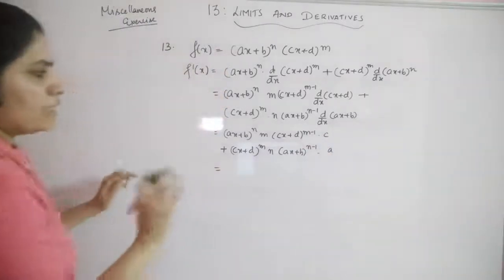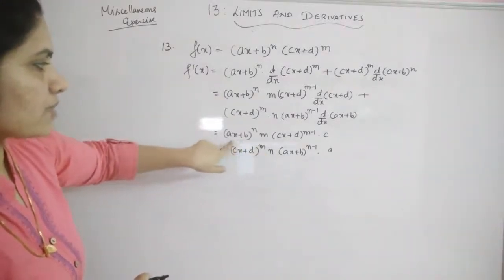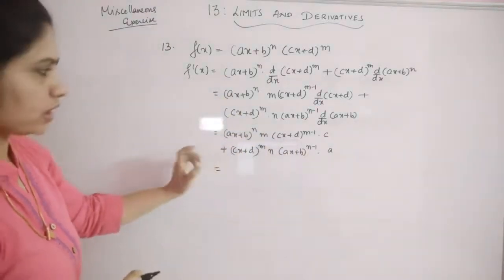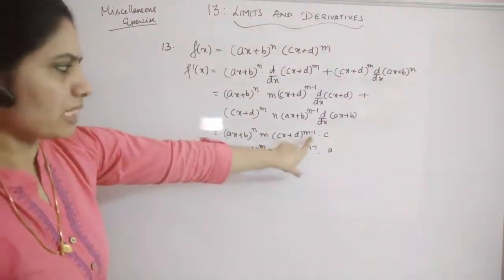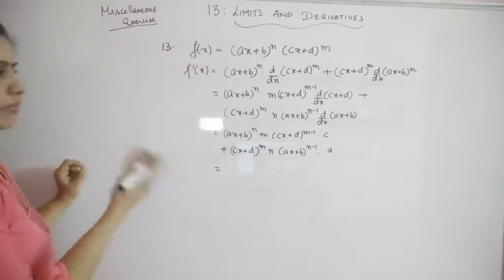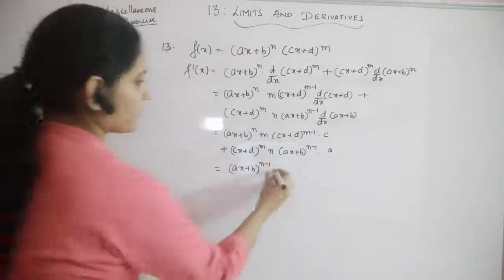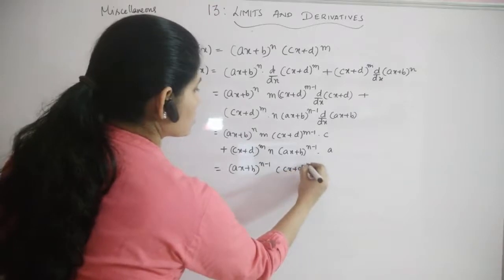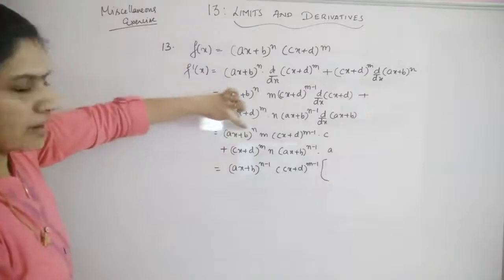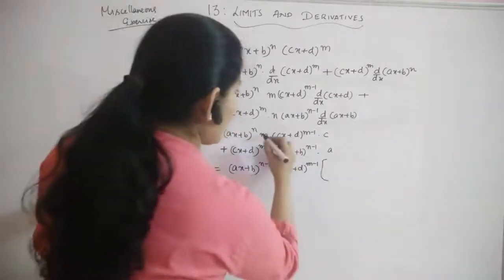Now you can just see that in both the terms, in first and second term, you have ax plus b. Here it is the power n, here it is n minus 1. So n minus 1 you can take out from both the terms. Again, cx plus d's power is m minus 1 and here it is m. So there also we can take out the power of cx plus d as m minus 1. So what you will get is ax plus b the whole raised to n minus 1 into cx plus d the whole raised to m minus 1 taken out. Remaining terms, here you have power n, that means this much you have taken out, you have been left with ax plus b and these two.